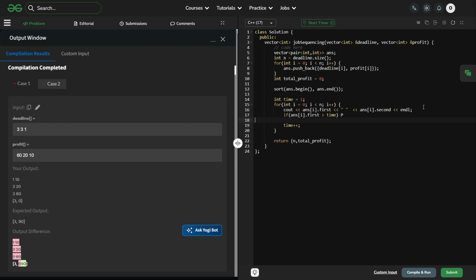That means it can be scheduled. If it can be scheduled, then total profit is equal to answer dot I dot second. But what if it can't be scheduled? Basically,